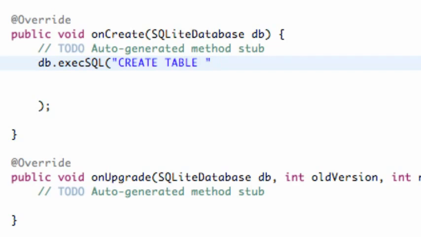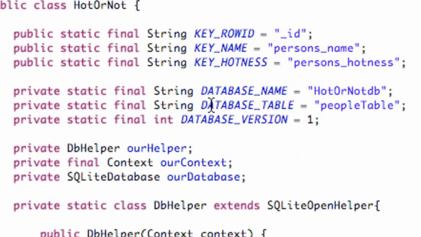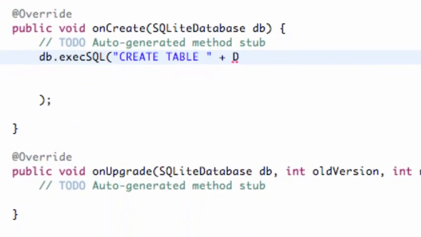You guys have to follow along pretty closely here, make sure everything's accurate so the SQL can be executed. Then we're going to reference our table name. Our table name was called DATABASE_TABLE right here. So we're just going to say DATABASE_TABLE,